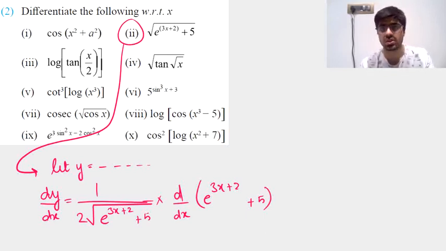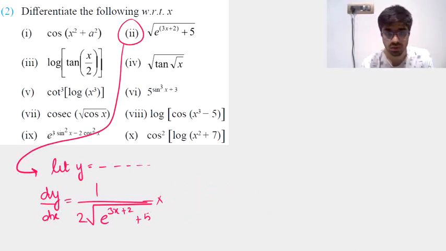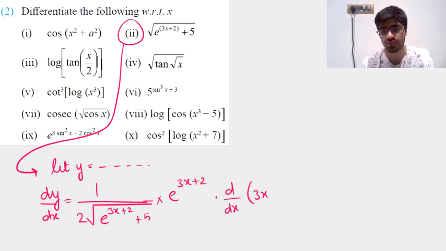Okay, let's just write the derivative here only. Derivative of 5 will be 0 and derivative of e power anything is e power anything only. So this is like e power x. So the derivative will be e power x only. So we will have e power 3x plus 2 plus in the end we have a 0, but the derivative of this term does not end there. You need to further multiply this with d by dx of whatever was taken in place of x, that was 3x plus 2, and its derivative will be equal to 3. So we need to further multiply this with a 3. Anyway, there was a plus 0 in the end, so I'm not writing it again.